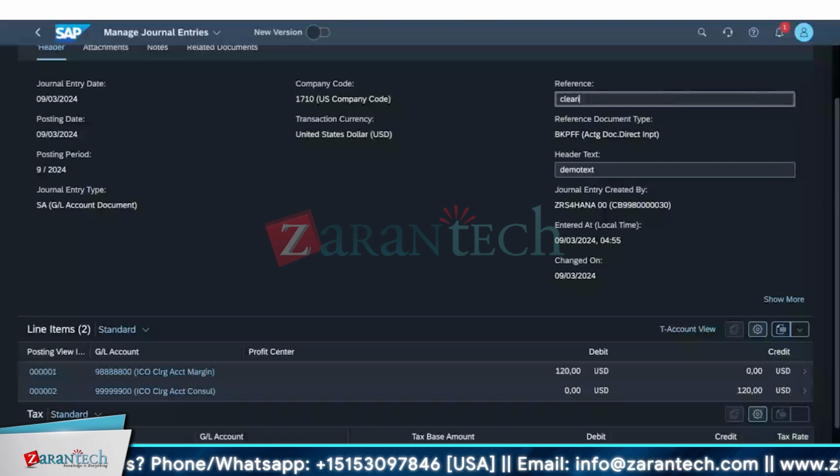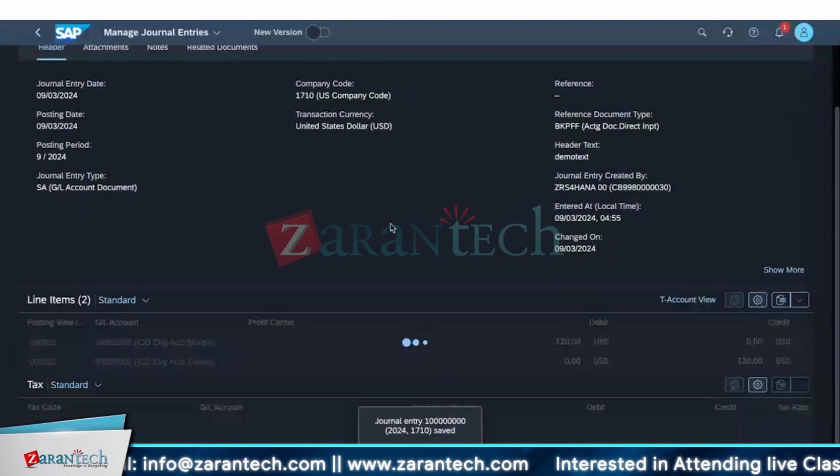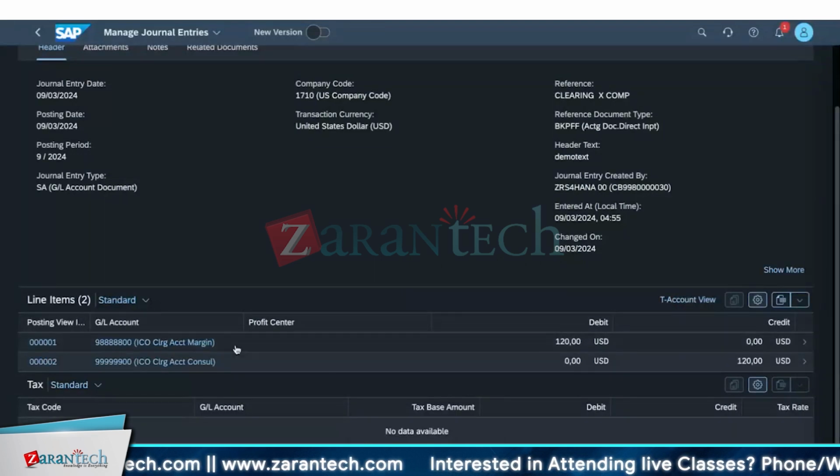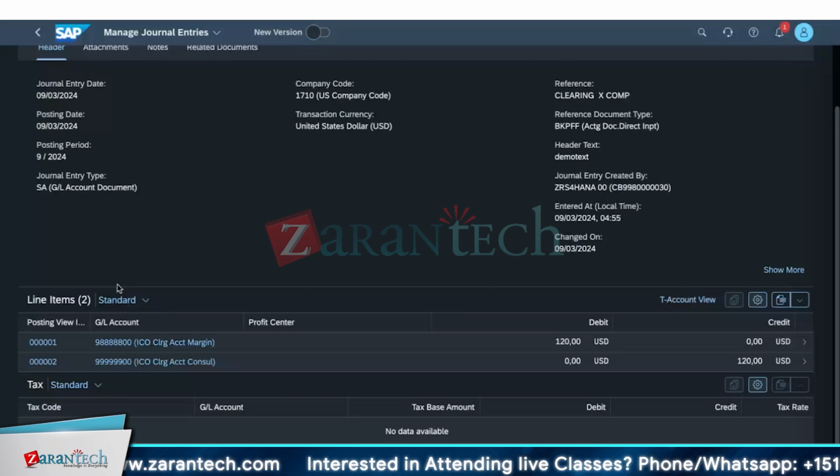This clearing document, right? So let's say clearing account for X company, or else clearing X company, you can write. So we added reference, we added certain text also on this, right? So we saved it also, right? So this is how you can generally add the references or header text, whatever you want as part of this